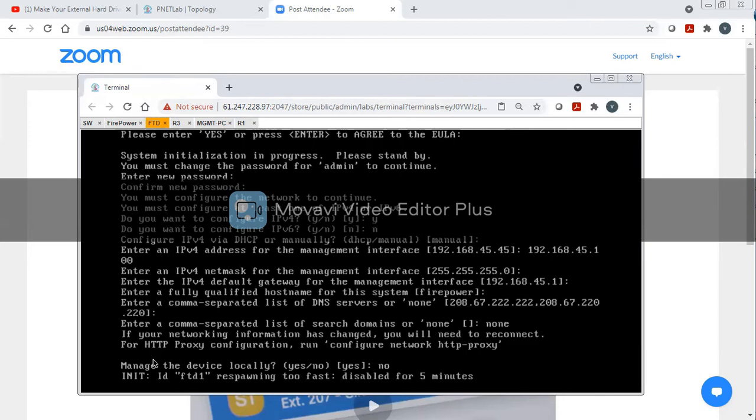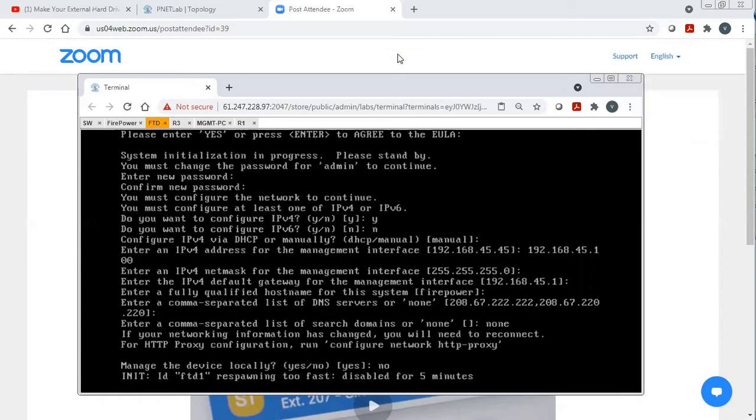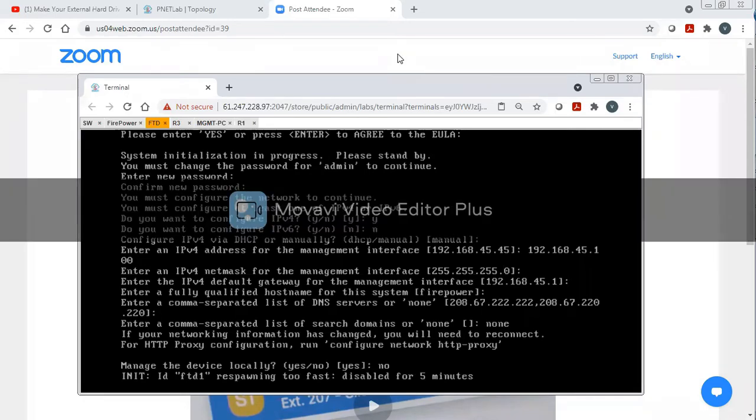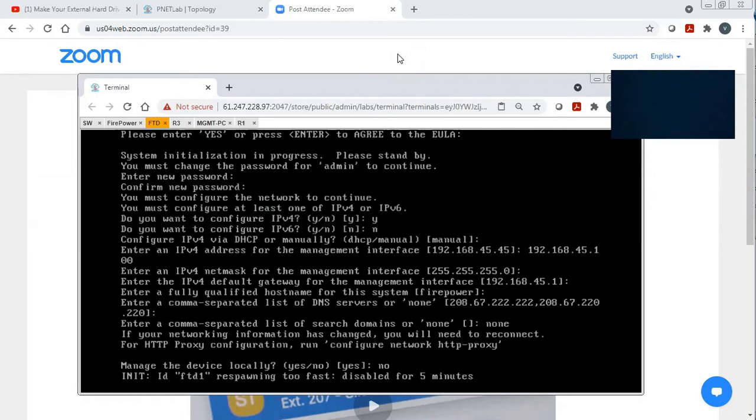First would be managing the FTD from its own management software, which is FDM. And second would be via FMC. I want to manage the device from FMC, so I'm going to say no.